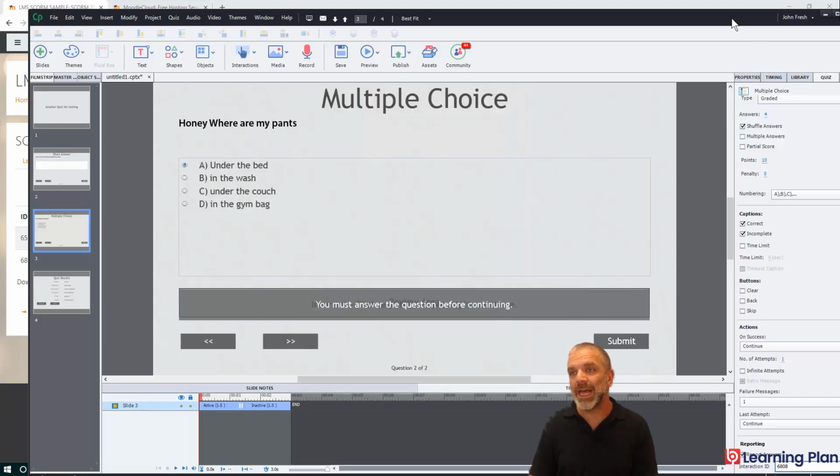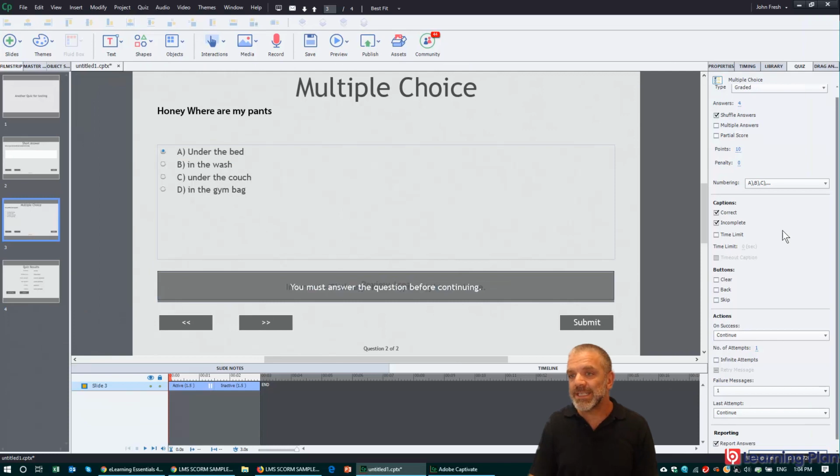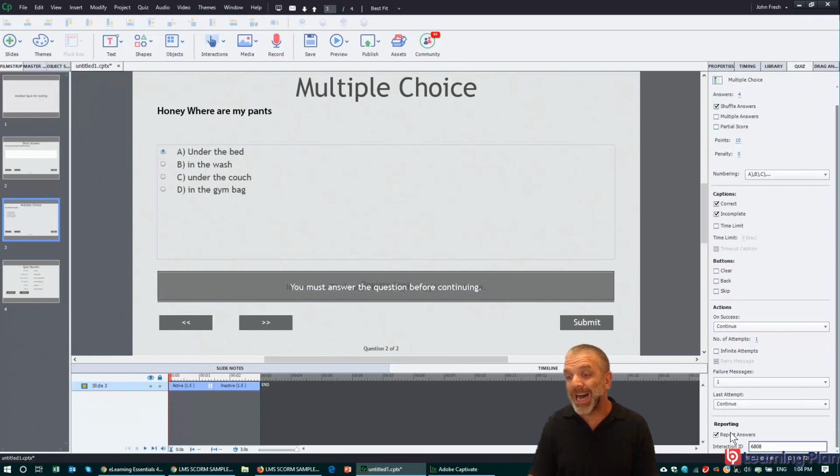So once again, looking at the quiz settings in here, making sure you are reporting the answers, the points that you want to associate with each question. But yeah, that's SCORM working from the authoring tool all the way to the LMS to get the various reporting